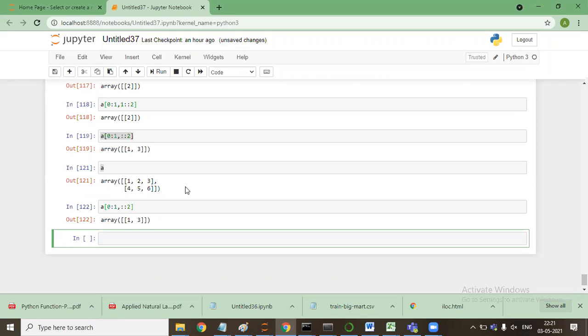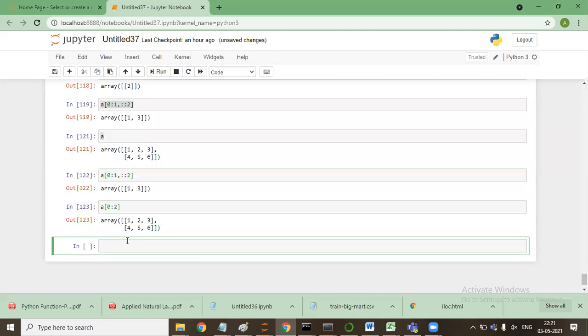So how is it tracing 0 colon 1? When I say A[0:1], what does it mean? The 0th row. The end is not inclusive. If I say 0 comma 2, then it will give me the 0th and first row.